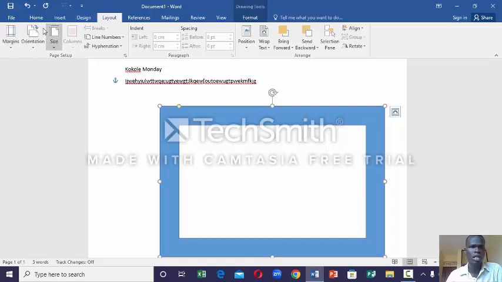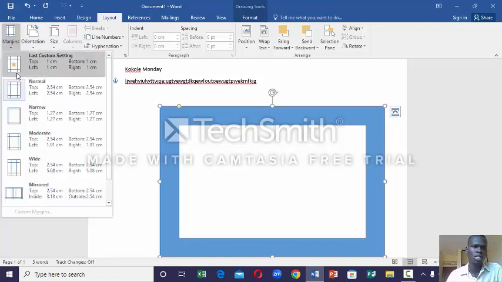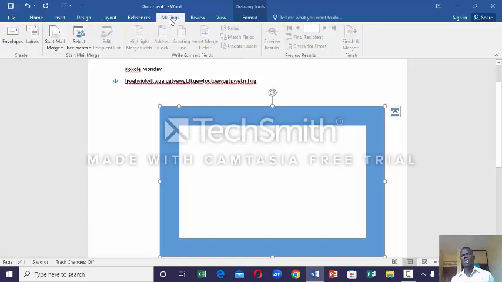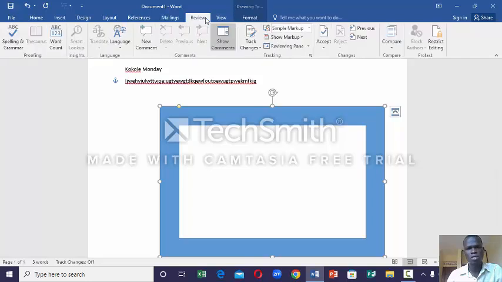Like if you want portrait or landscape, the margin and so on, it's here. There are so many things you can do. When you can do mailings, in case you have a letter to be sent to many people, you can do mailing on it, and review. These are just to show you how the format should look.